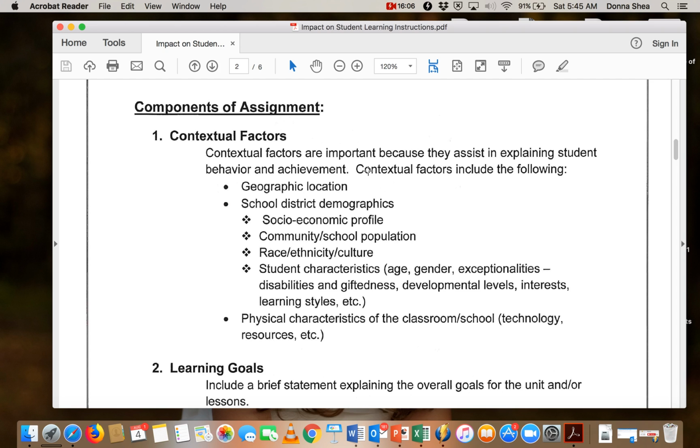You would just choose one period. If you're an elementary teacher and you teach 3 different sections of social studies, you would just pick one section of social studies. So contextual factors, you're going to have all of this information about that particular class and school